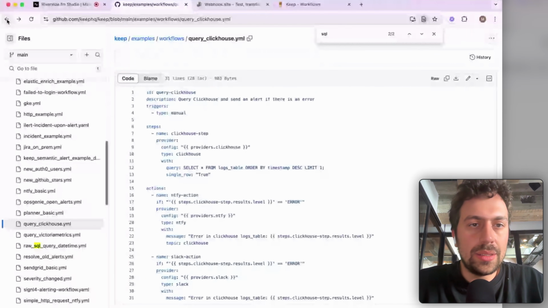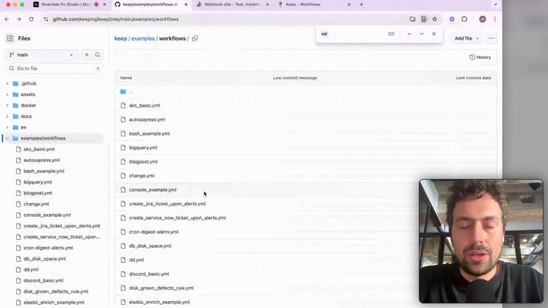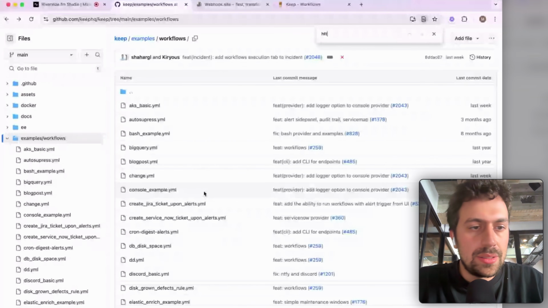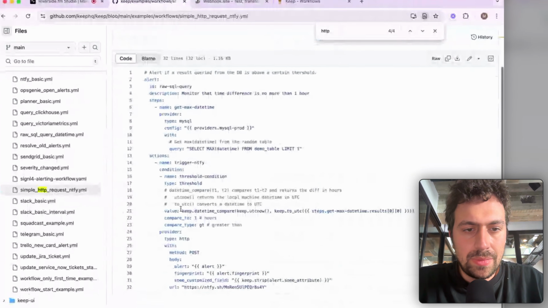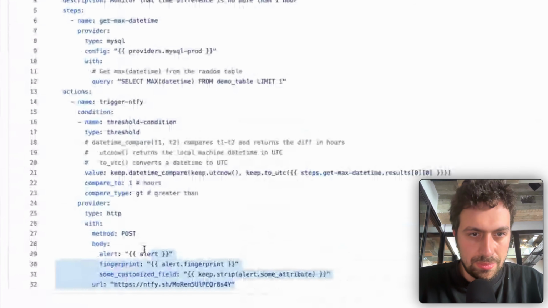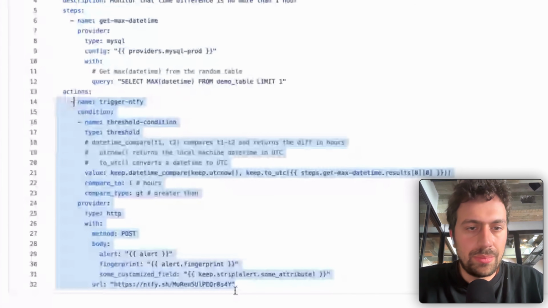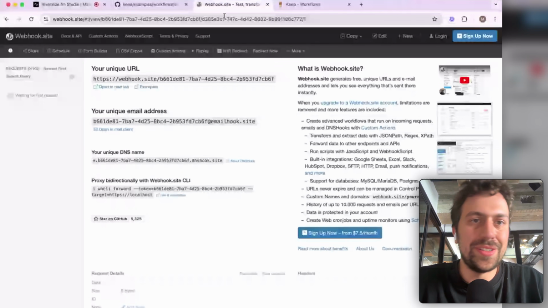And the last one I want to have is some example of sending a request to some other service using HTTP. Yeah, I will use this one as an example to trigger my IRM, imaginary IRM,